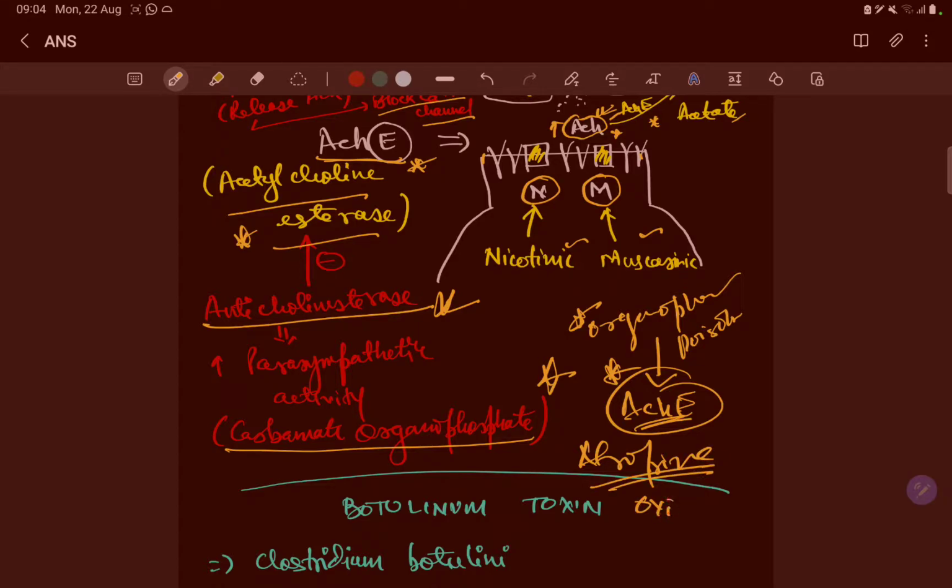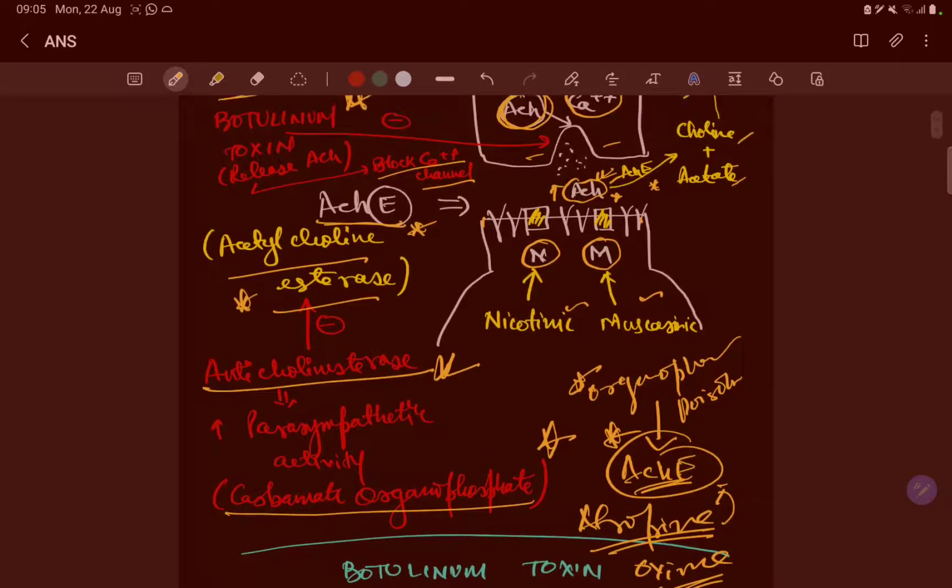And oximes are used, like pralidoxime. Now atropine and oximes will act on these. Atropine is a competitive antagonist of acetylcholine, because acetylcholine will be increased in large numbers. When acetylcholine is increased in large number, there is overstimulation of the nicotinic